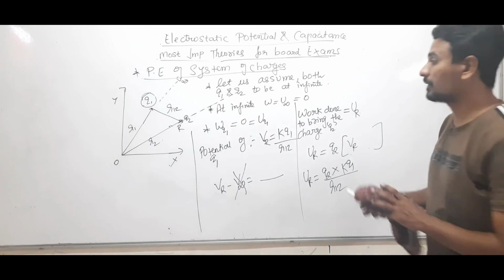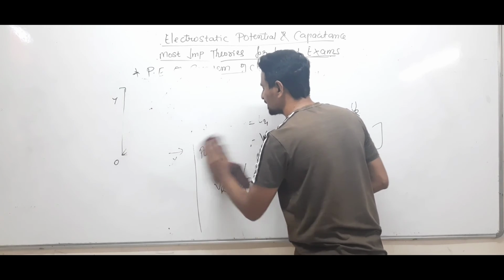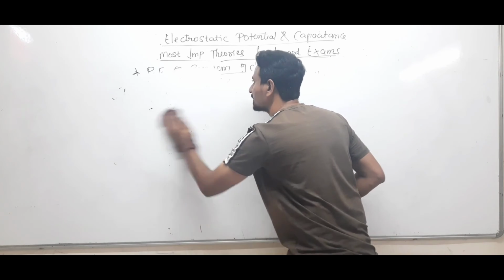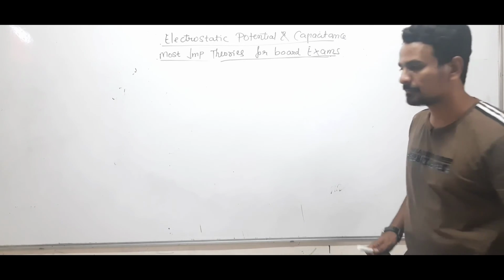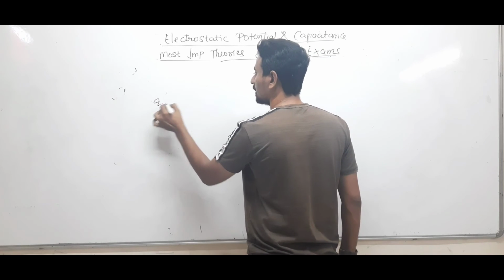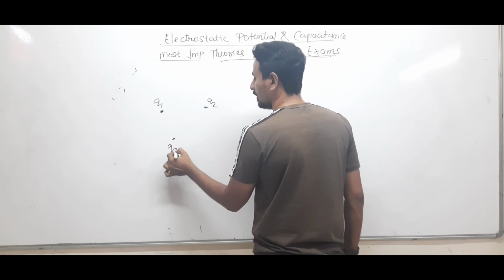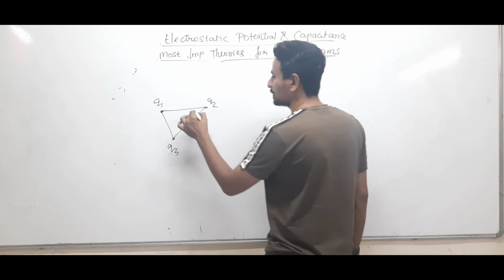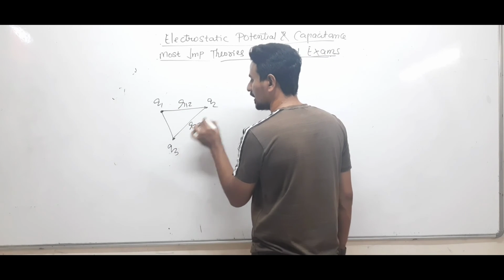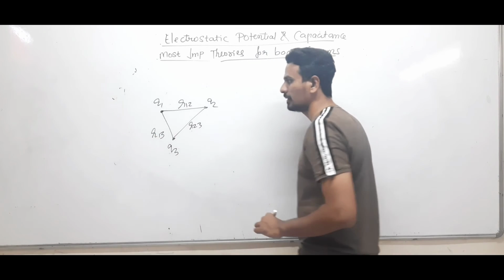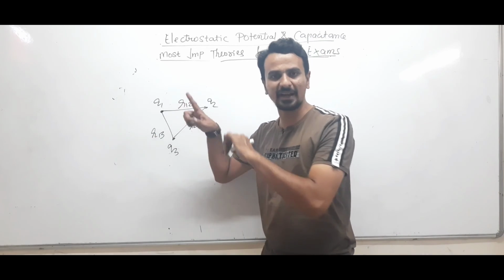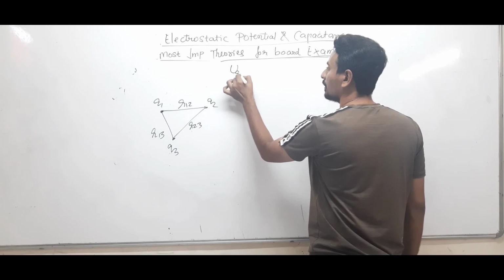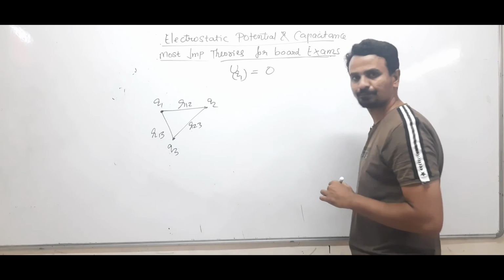If there are more than two charges, let us take three or more. You can take any number of charges. Suppose I am placing q1 here, q2, q3. For this type of arrangement, what should be the potential energy of the system? Let the distances be r12, r23, r13. Clear? When q1 is brought, first they were at infinity. When the q1 charge is brought, no work is to be done. So the potential energy stored in q1 will be 0.